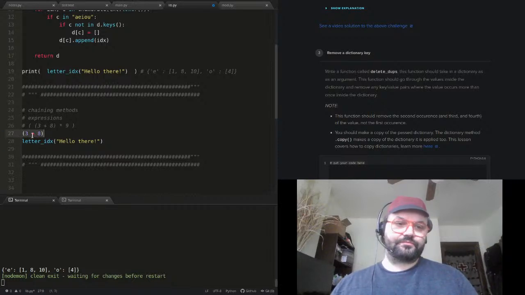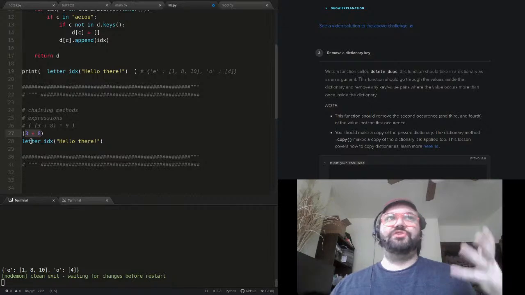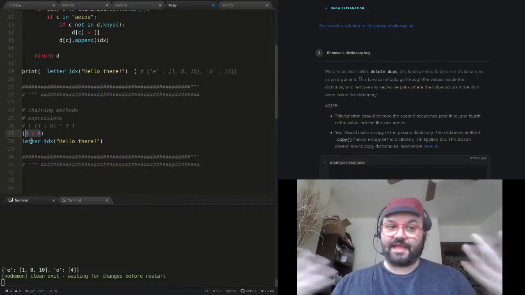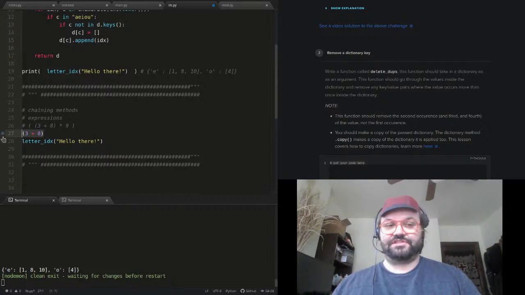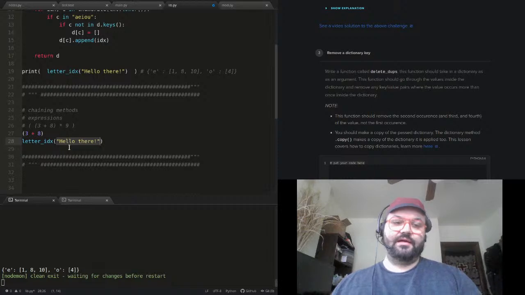And so it's made of these constituent parts that can be reduced via some process to the value that they express, right? So in this case, 3 and 8 are the inputs to the addition operation, which expresses the sum of those two numbers. In the case of letter IDX, it only has one input, which is the string hello there, and